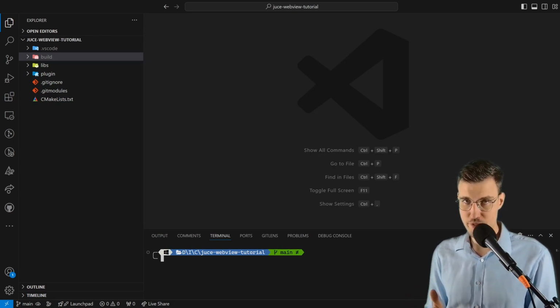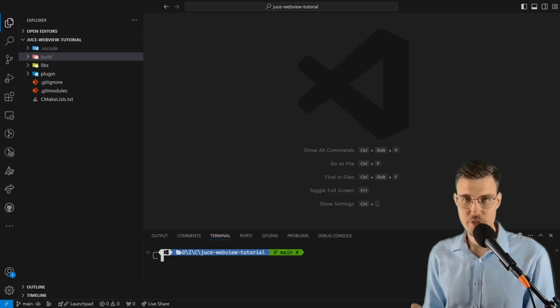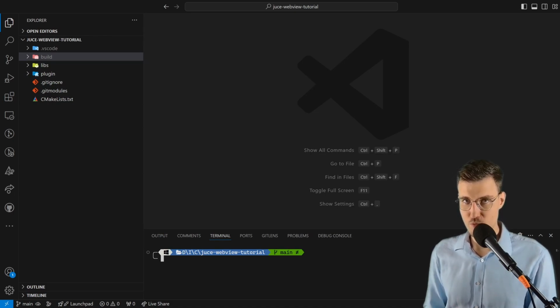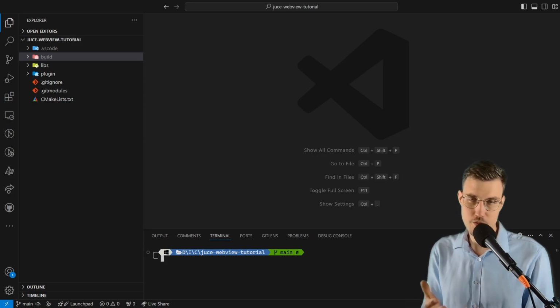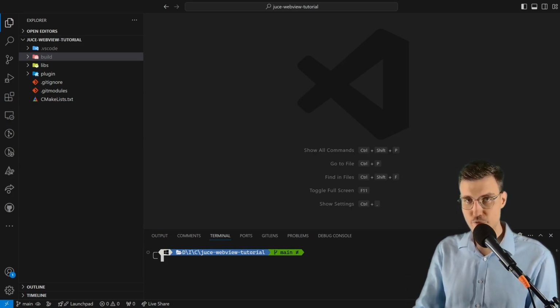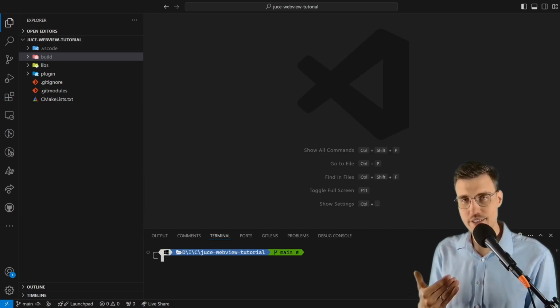In the previous episode of this tutorial series, we learned how to iterate on your plugin's UI using a local development server. In this episode, we will see how we can provide, for example, audio, but also other kinds of data from the C++ backend to the WebView frontend, even if we're running a local development server. So in a way, it will be an extension or a deeper example of something that we've already done in